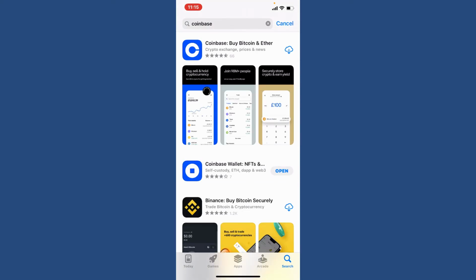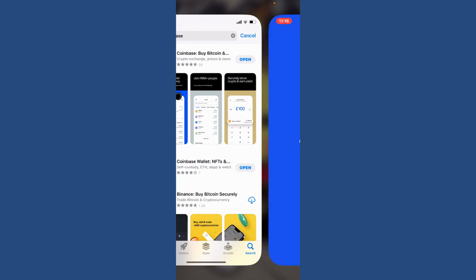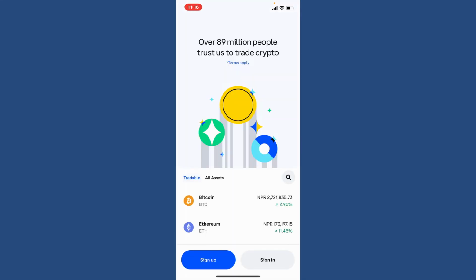Once you find the application that says Coinbase, buy Bitcoin and Ether, tap on the download button right next to the app to begin the downloading process. Wait until the application gets downloaded, which is a quick process depending upon your internet speed. Once the application is downloaded and installed, you'll be able to see an open button popping up. Give it a tap in order to launch the app open, and that's how you can easily download Coinbase application